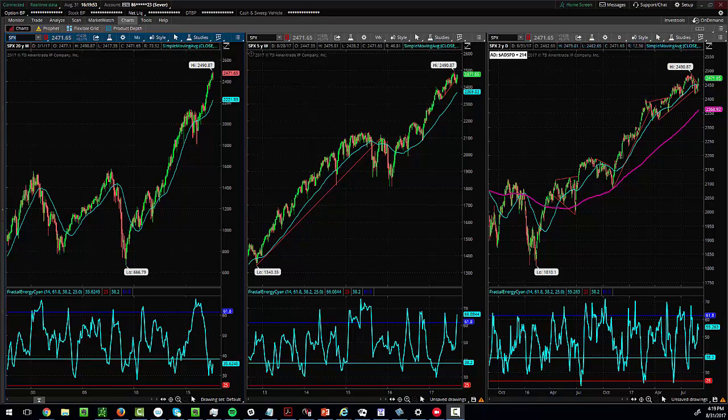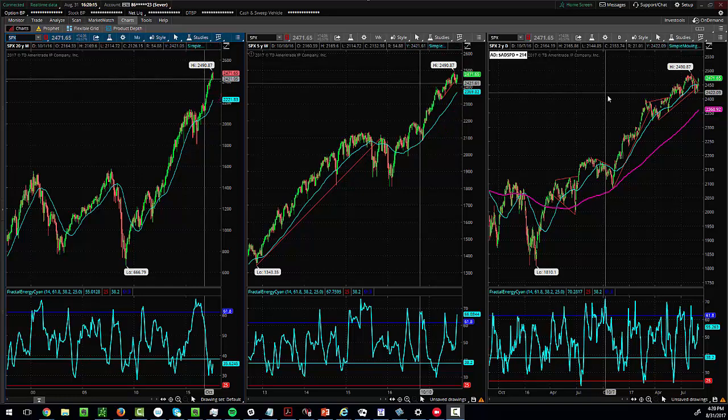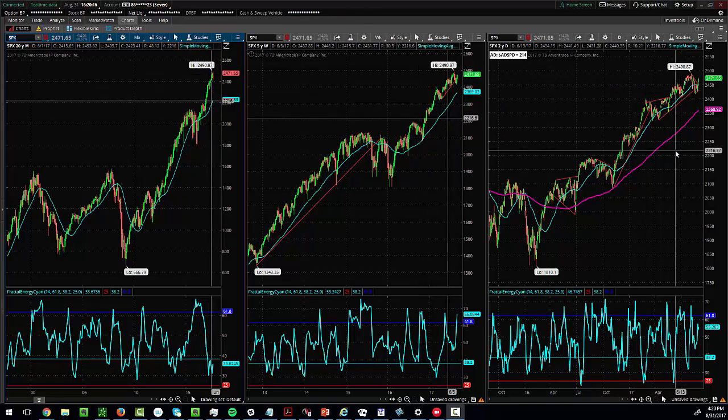Okay, so from the top down, this is why I use three different fractal time frames. The trend is obviously on the monthly chart to the upside. No surprise there. Trend is also to the upside on the weekly chart. That has not changed yet, even though we've had a little bit of selling lately. Now the trend on the daily chart, this is the important part here, because reversals start from the inside and